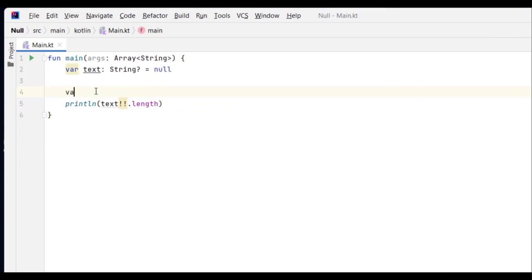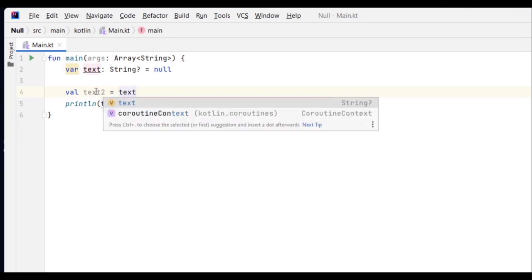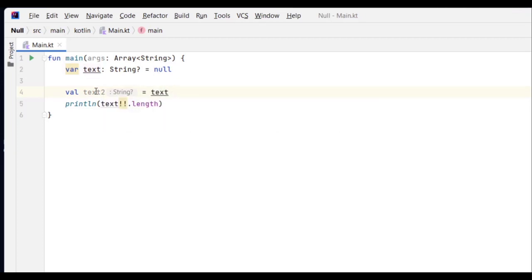Now I'm going to declare another variable up here. So I'm going to call it text2. We put equals and we type text. Now to use the else operator, we put a question mark and a colon. And now we need to type something on the right of the else operator. So we put here some text. I'm going to explain immediately how this works. So I'm going to type here some